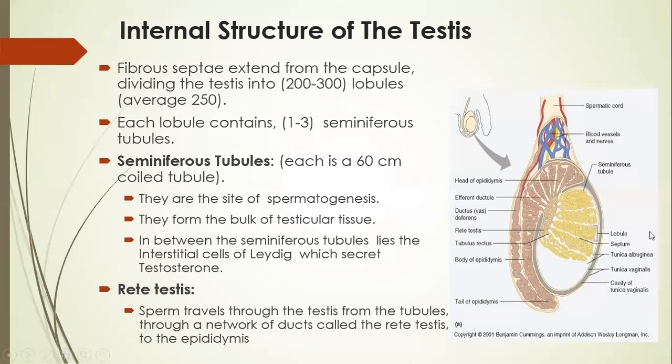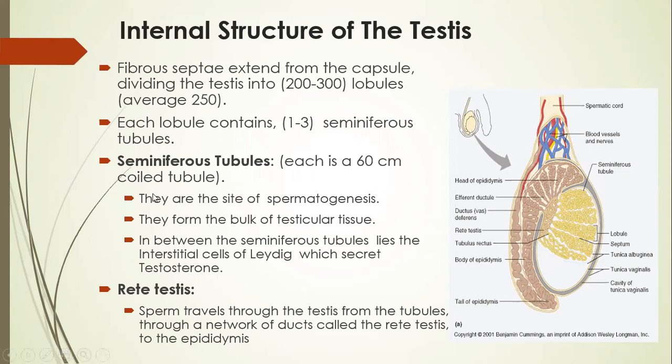They are long tubes where there is spermatogenesis. Each is almost a 60 centimeter coiled tubule. Even though the whole testis is 3 to 4 centimeters, each seminiferous tubule is 60 centimeters long. But it is so highly coiled that it can fit into the small area. So 2 to 3 seminiferous tubules can fit into this small area because they are highly coiled tubes.